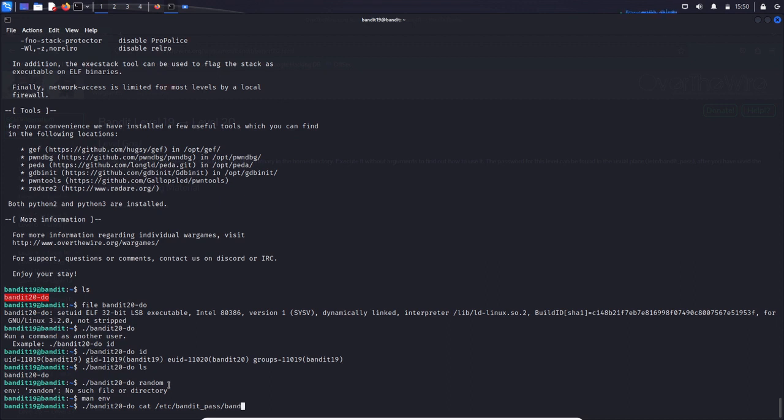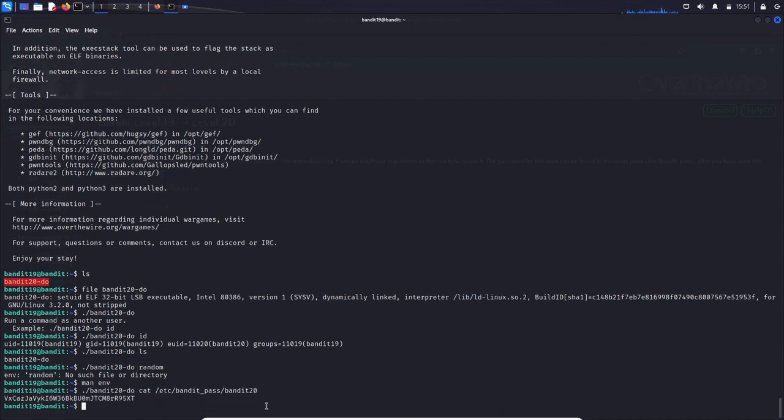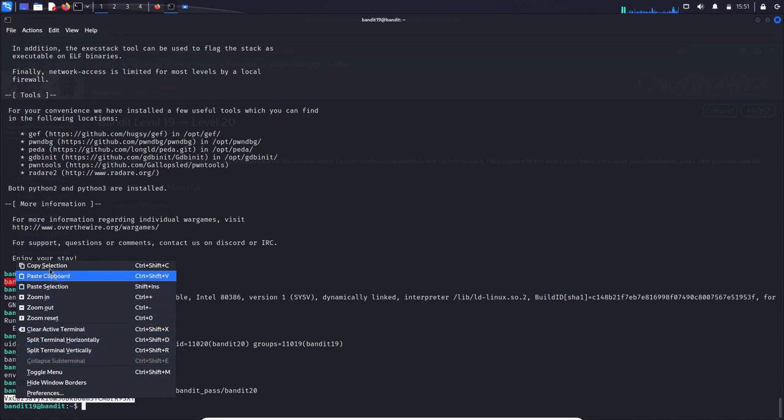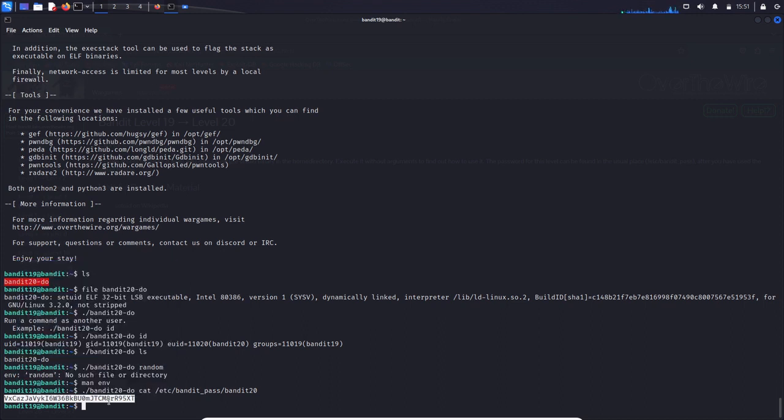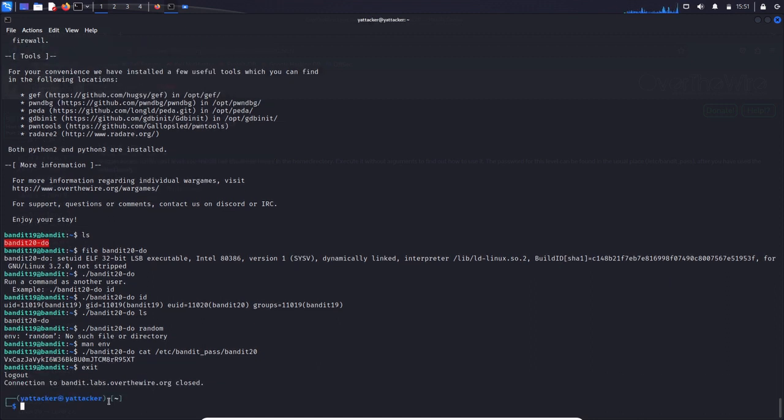bandit 20, because remember, when env is trying to run this, it's running as bandit 20, so we should be able to read this file. Let's just try to see, enter, and there we go. So it worked. It actually catted out the password for bandit 20. We can take that, copy it, and we can exit,